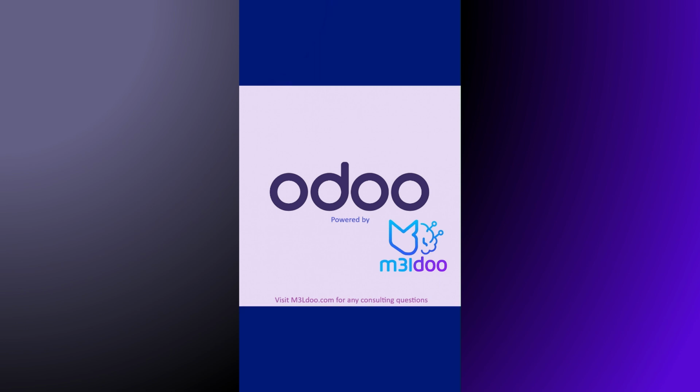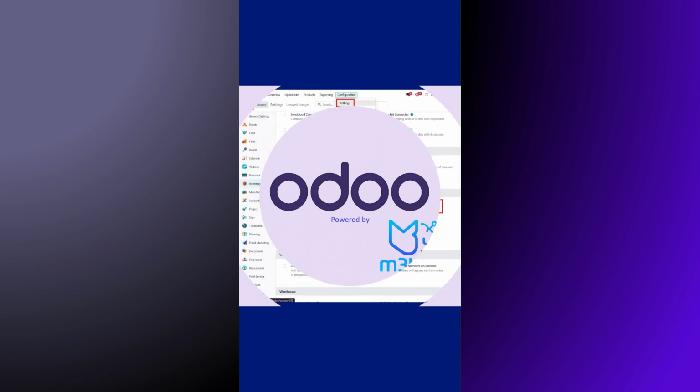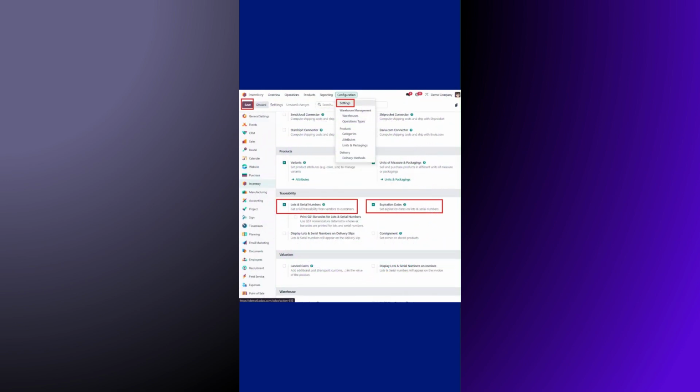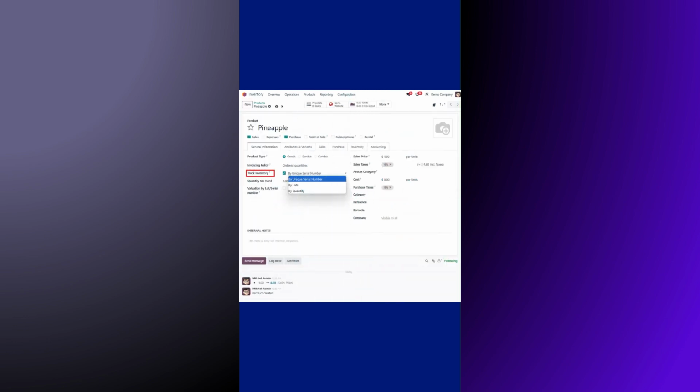Managing perishable goods. Let's set up product expiration dates in Odoo. Step 1, go to the Inventory module, then head to Settings. Scroll down and activate lots and serial numbers and expiration dates. Hit Save. Step 2, open your product and under the General Information tab, select if you're tracking inventory by lot